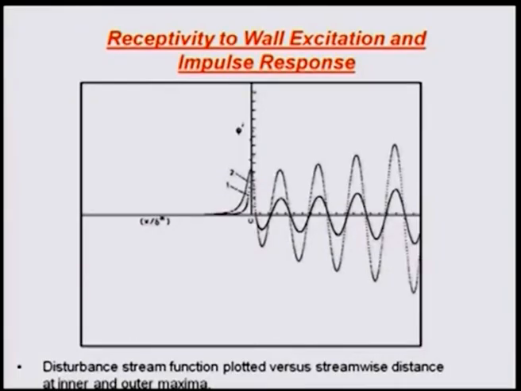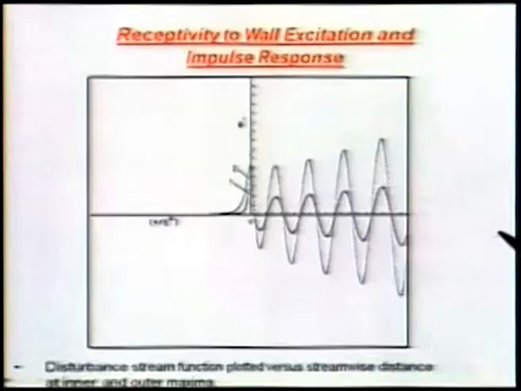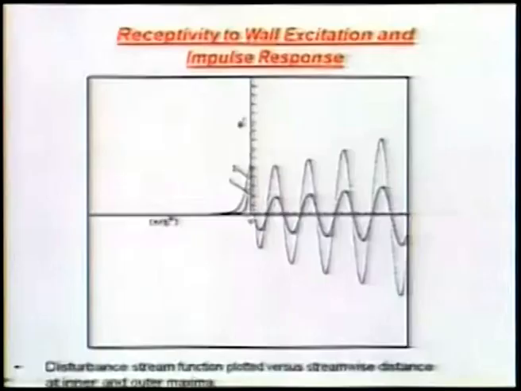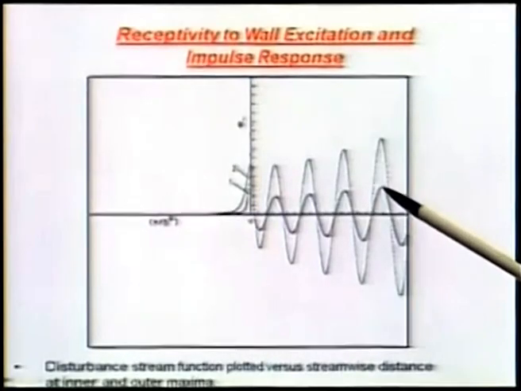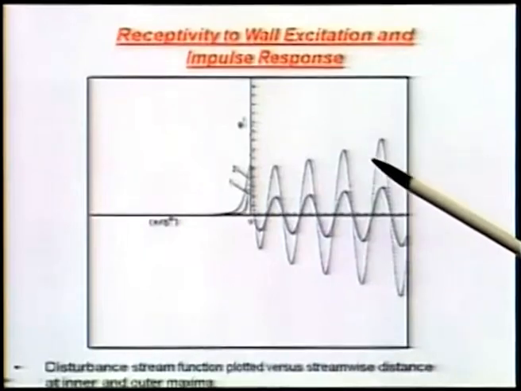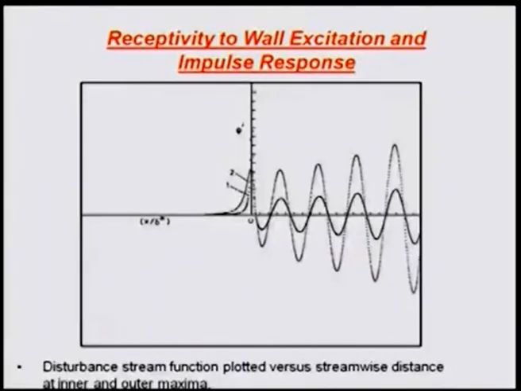So this is what we are doing, and we saw that the disturbances are stronger near the wall, and as you go away they decay. And so this one solid line is for the outer point, which we call the outer maximum, and the dotted line represents the inner maximum of the boundary layer. So this is what we obtained,